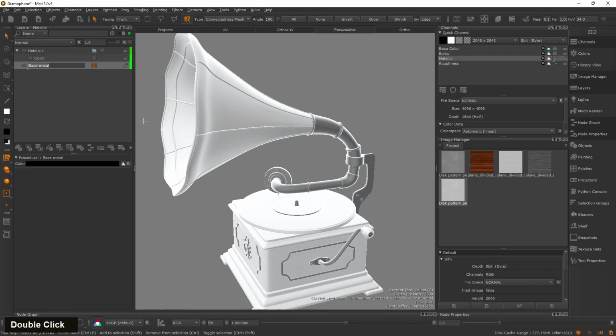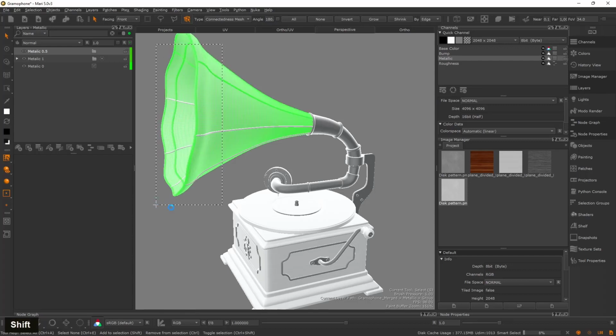Maybe change this one to metallic 0. Create another folder, call that folder metallic 0.5. Right. Now let's select this part